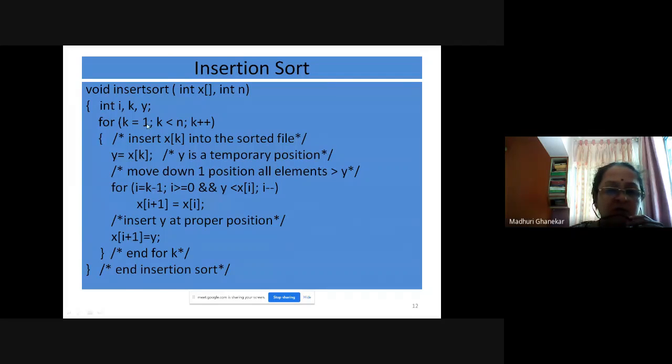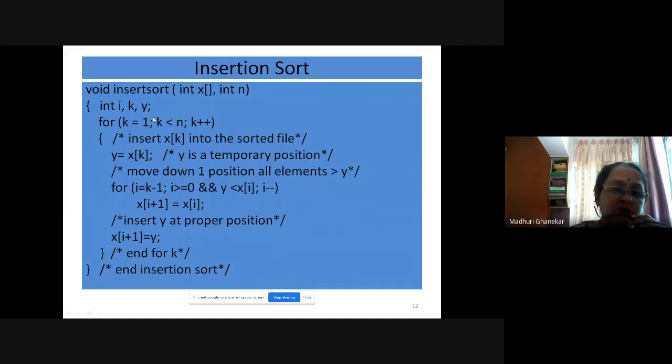So we will be shifting. While shifting, this is the first location. When we initialize to 1, we will be able to use I equals 0 here in the second loop. Okay, so now insert xk. Xk means the kth position, that is the first position.